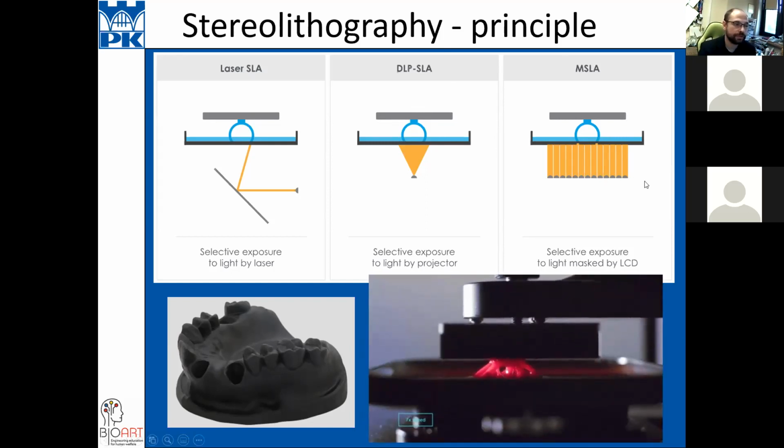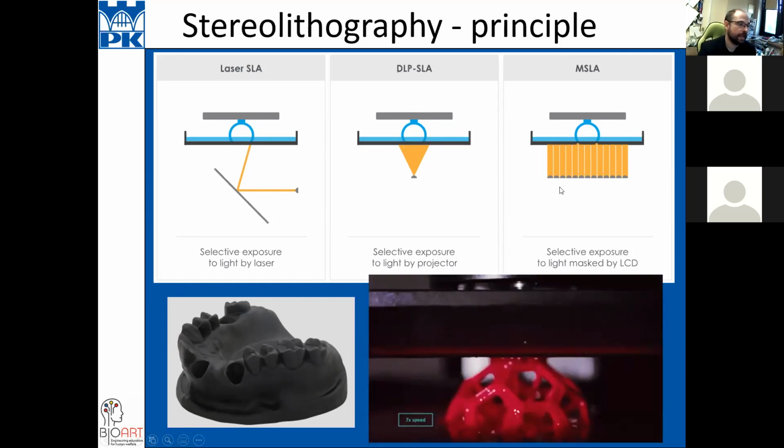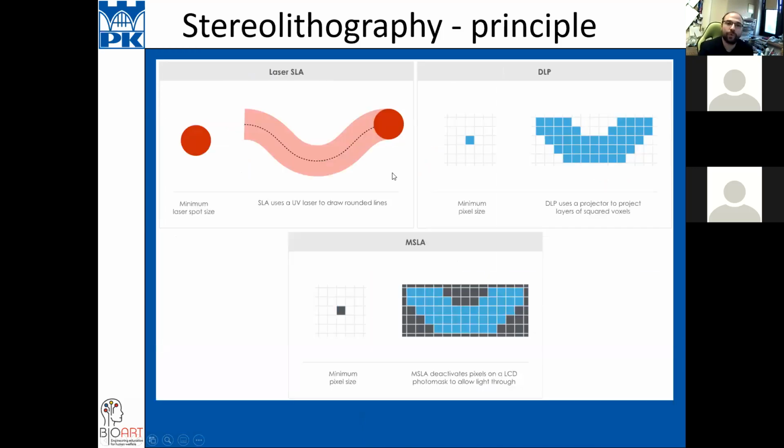We use only a screen and an ultraviolet lamp, and the device is much cheaper than in this case. Of course, the quality is not that good like in the first or even the second case, but still it's very good. When you compare it to FDM, it's much better.